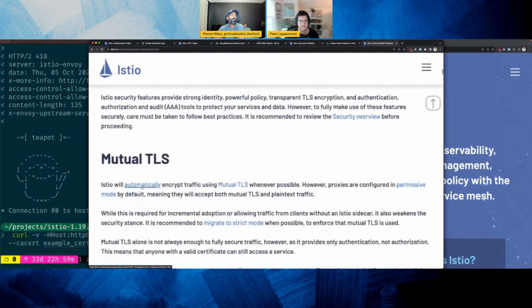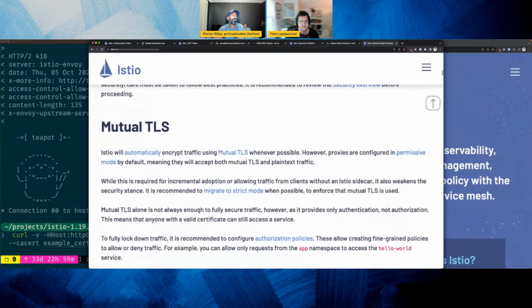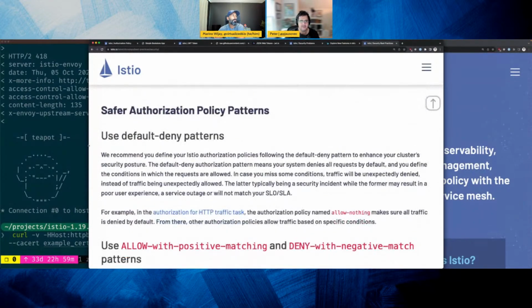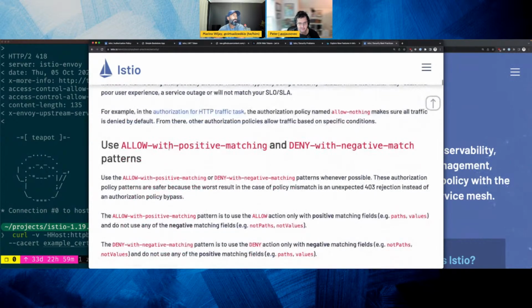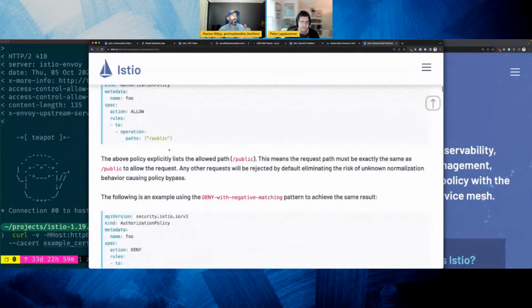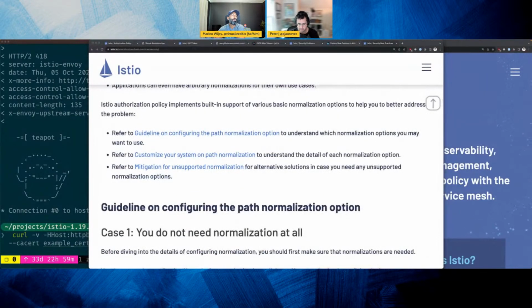which actually explains how things work as well, but it gives you some of the best practices, such as using default deny patterns, right, where we're denying everything and then poking holes and explicitly allowing just specific things, right? So yeah, and then lastly, this is the last link I'll share here,